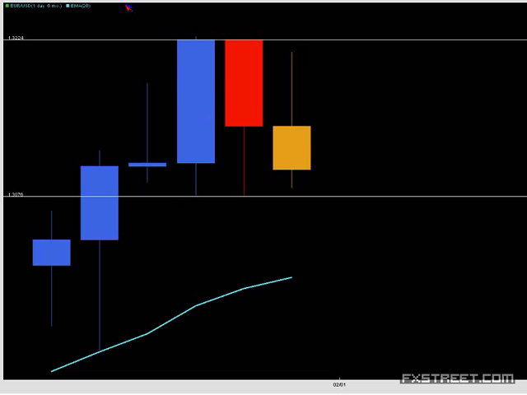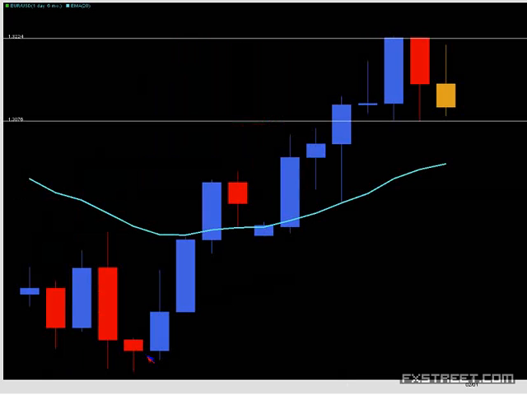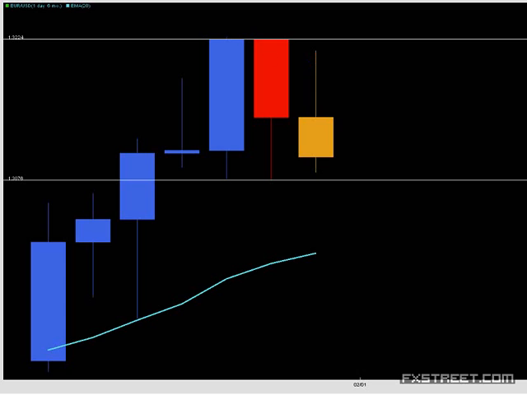The bulls have been in control of their uptrend here. This is a pretty large move. Sub 2650 up to 32, 600 plus pips. They run into one selling candle. If this candle had taken out the prior lows, the medium and long-term bulls that were in this position would have exited their position. But it didn't do that. So they're going to retry and take out these highs again.